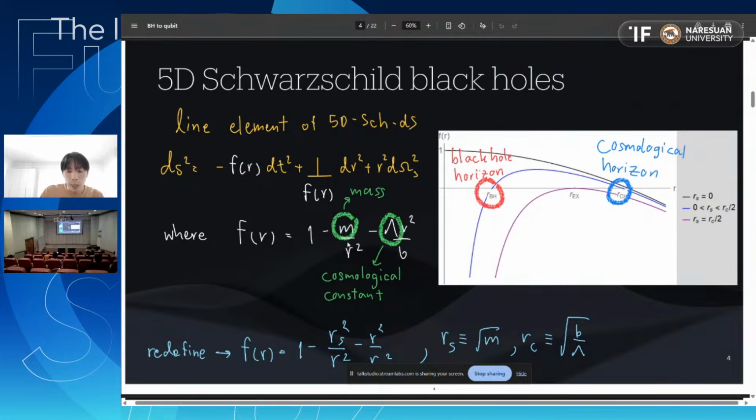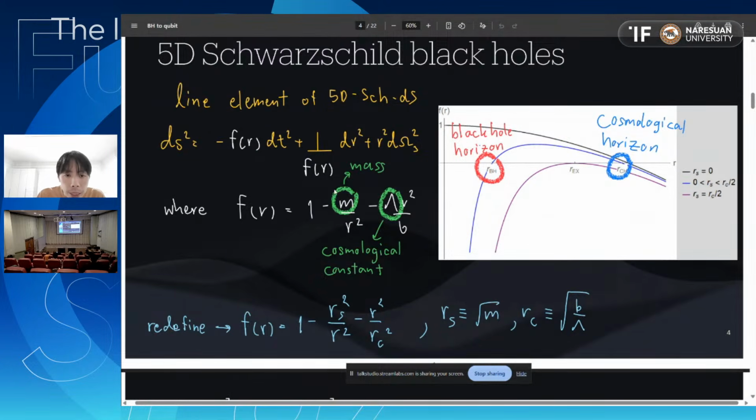Okay, the metric looks like this, and the reason we call it de Sitter is because we have this cosmological constant right here as one of the contributions in this metric. And then there's the mass here, and you can see that there is no number 2 here because right now it's in 5 dimensions. The r squared right here is supposed to be just 1 over r in 4D.